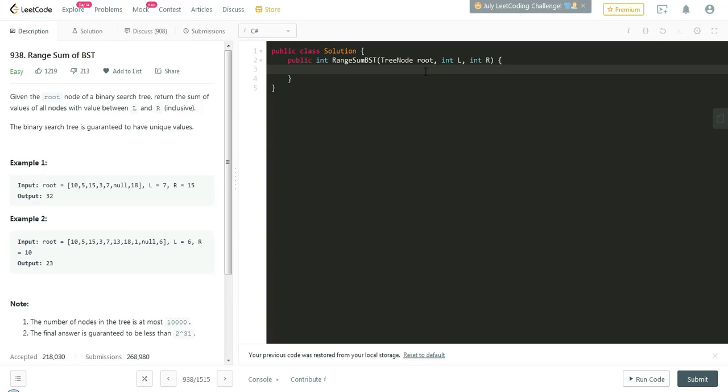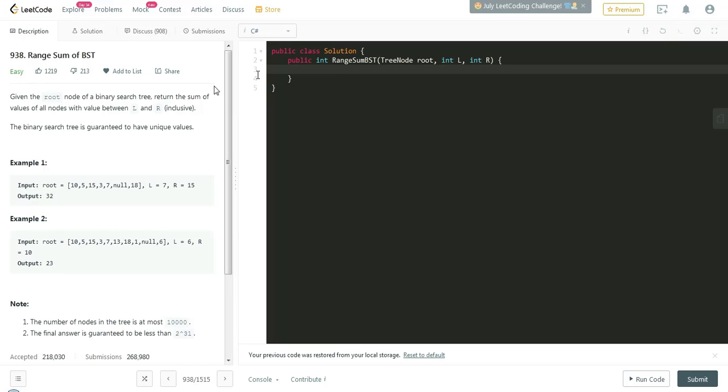In this video we are going to discuss LeetCode problem 938, which is based upon binary search tree. Let's try to understand the question they have given, and then we will start implementing the code. In this video I am going to use C# as my programming language. I will be explaining how I am going to solve it, what the methods to solve are, and how I achieve the solution as well.